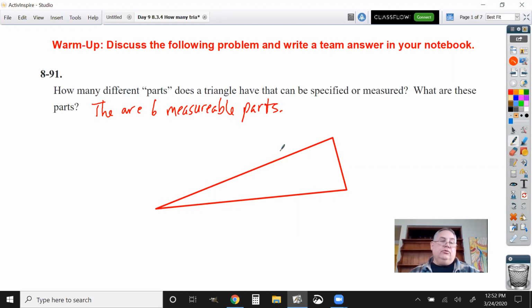That would include 3 angles. There's an angle here, there's an angle here, and there's an angle here. Those little tick marks are showing that these angles are different size angles. If I use the same number of tick marks, those would be equal angles. So these are 3 different angles. And then I could say there is one side, there's a second different side, and a third different side. So of the 6 parts,